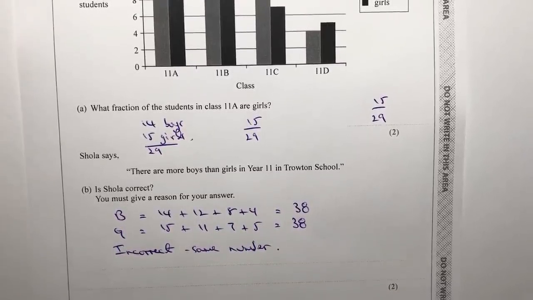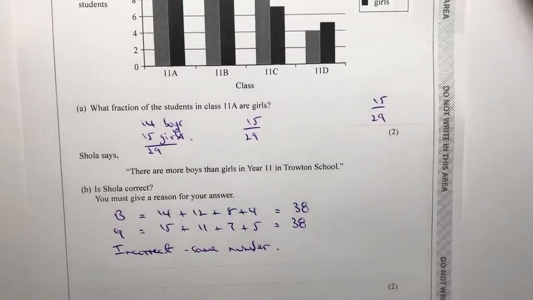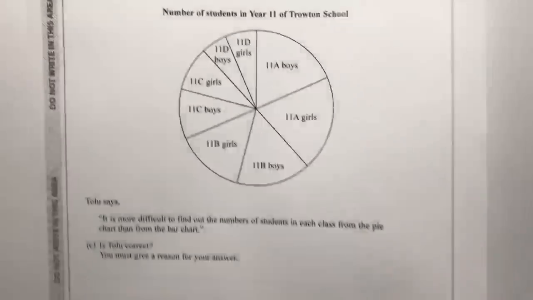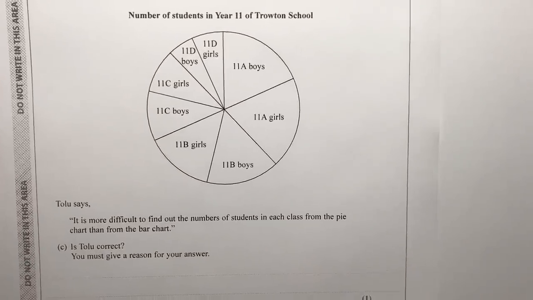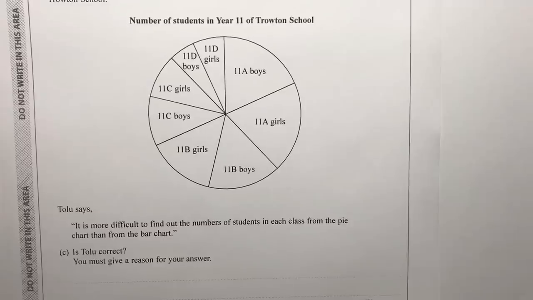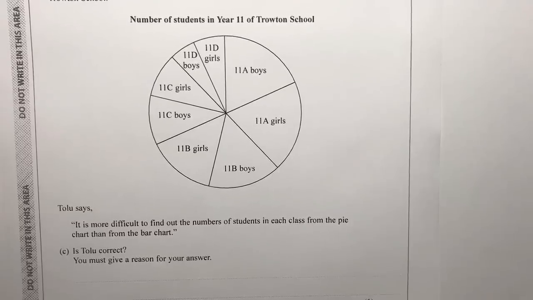Let's move on then to part C of this particular question, which deals again with handling data. In this particular case, it's a rather complicated looking pie chart, and there's only one question worth 1 mark for this particular pie chart. It gives you all the information about the 76 students in the same 4 Year 11 classes. And then says,